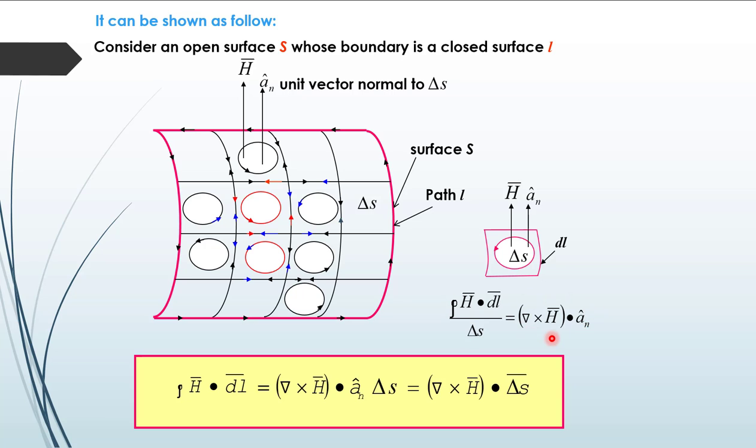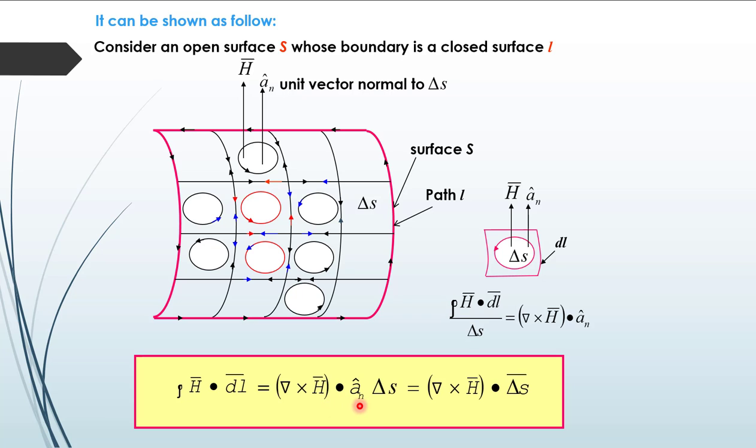This means it is the normal component of the curl of H, that is, perpendicular to each area. So taking delta S to the other side, the closed integration of H dot dl bar is equal to del cross H dot a_n cap,